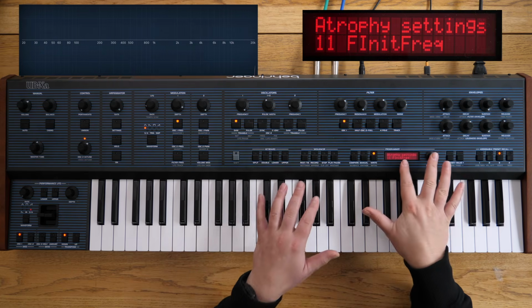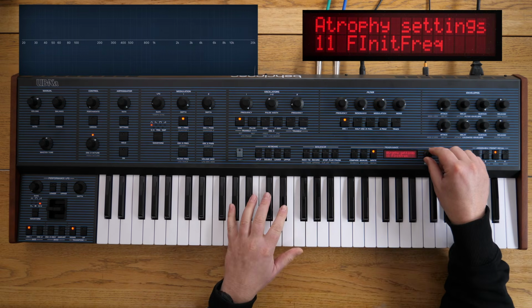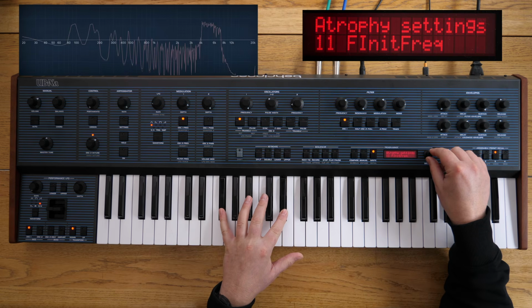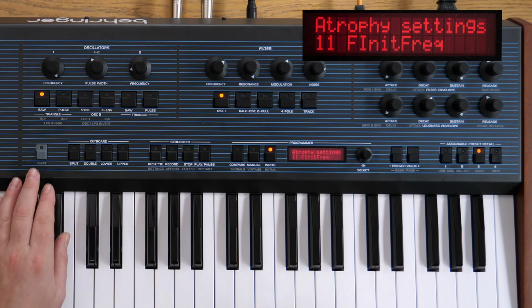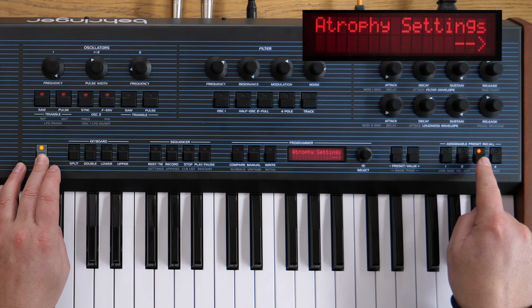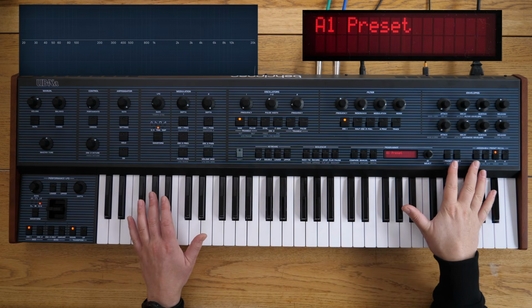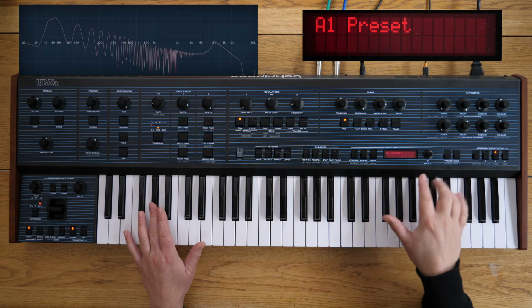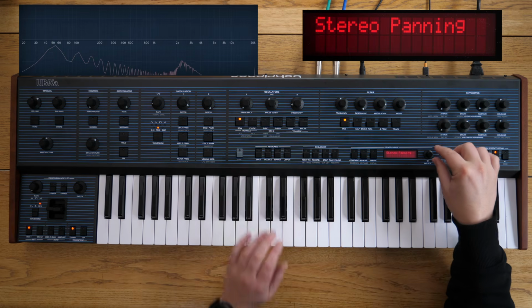Like I said, I've been playing around a lot with this, as I think lots of people have, because it is really interesting. Let's see if I saved the one I'm thinking. So let's come out of the Atrophy settings, shift and voice come out. So here we've got just a really simple sweep. Let's go into the Atrophy. So go into shift and voice,